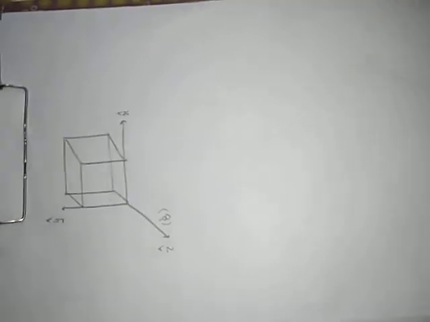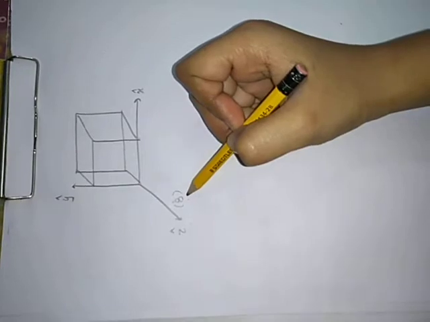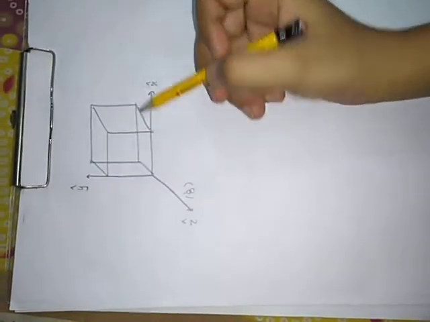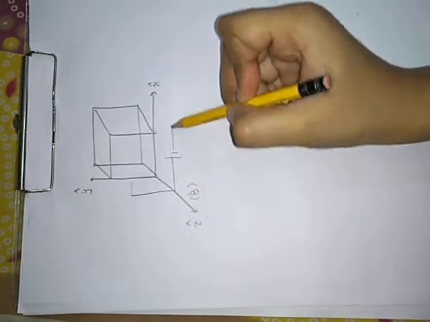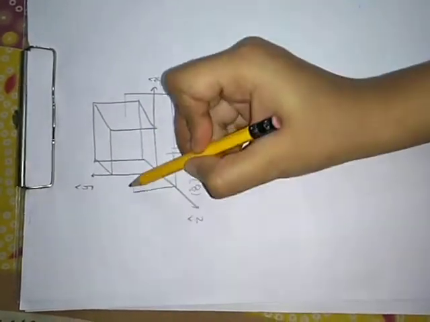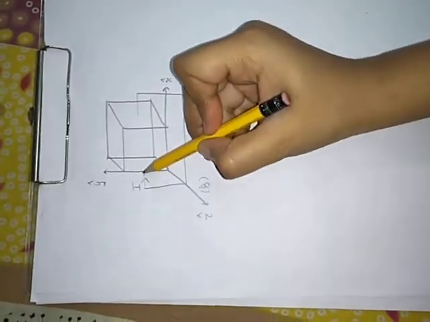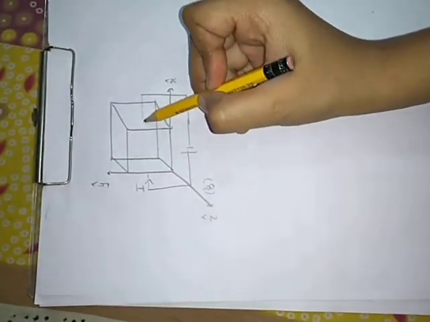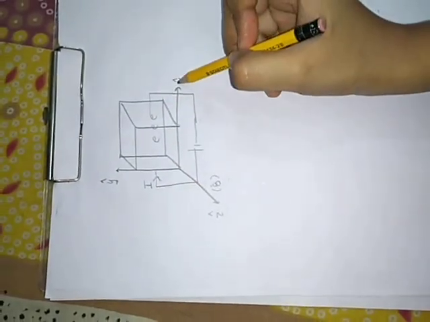What is the Hall effect? Suppose you have a current-carrying conductor, which can be a metal or a semiconductor, in the presence of a magnetic field. If I apply the current in such a way that its direction is always perpendicular to the direction of the magnetic field, what will happen then? Electrons are actually moving in the negative x direction because the current is moving in the positive x direction.